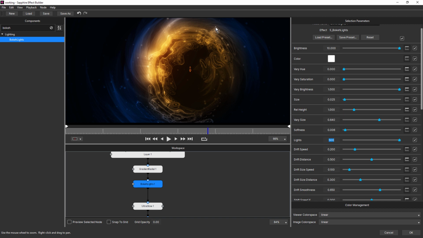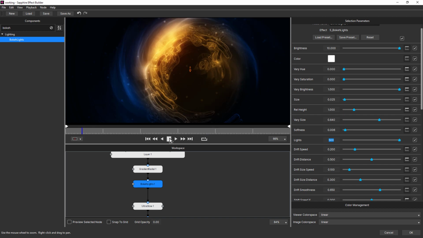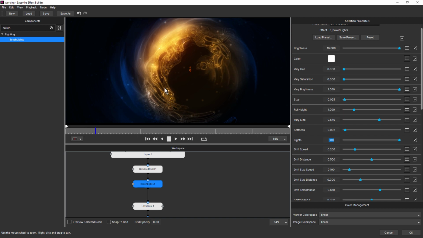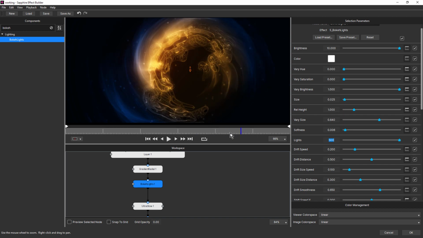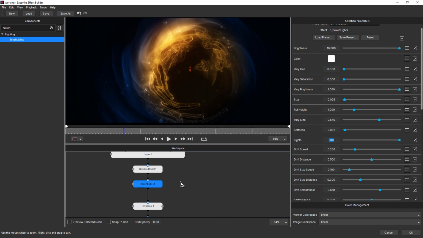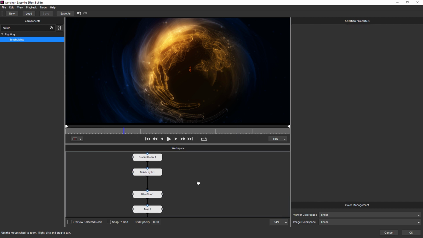And these are going to drift around, but they're only going to be visible where you can see the color of the layers below, or the effects that create the layers below. See? So with the volumetric light and the particles, you're getting a lot of depth in it. That's looking pretty nice. Quick save. Often I'll get to a stage where I really like the look, and then I'll just take it a little bit further to see if there's anything else I can do. And 9 times out of 10, I'll strip those other effects out. But so far, this is looking pretty good. Let's just see what else we can add.